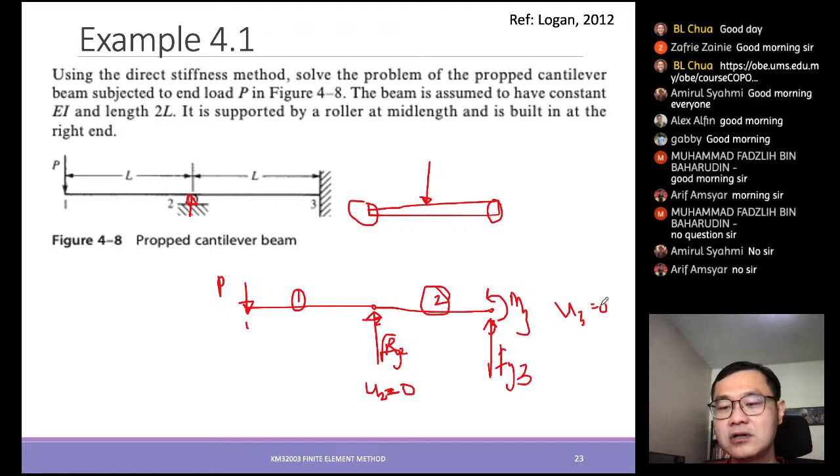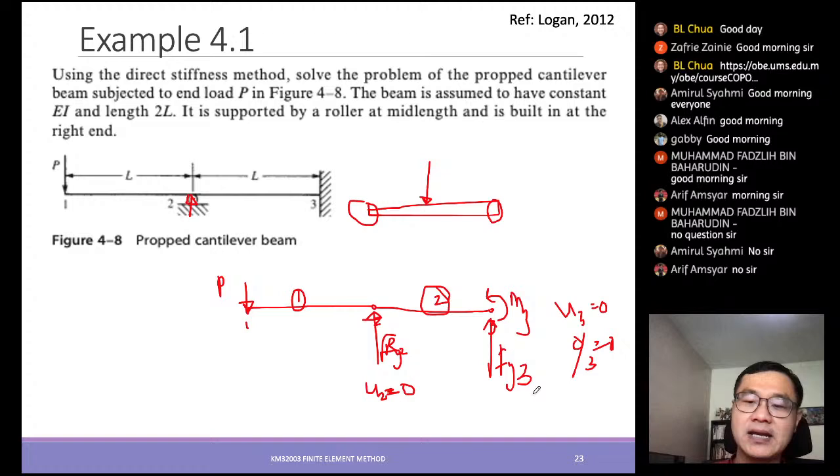So these are the boundary conditions that you can apply, and these are the forces that you may know and put into your equations. You just form as what you have learned previously: two elements form the stiffness matrix, assemble them together, fill in whatever boundary conditions you get,